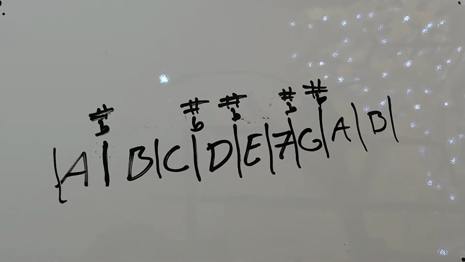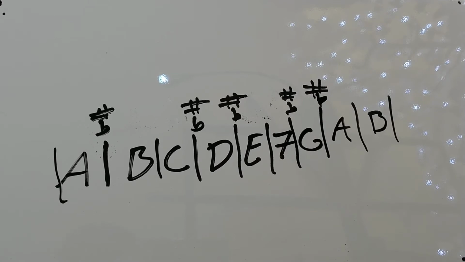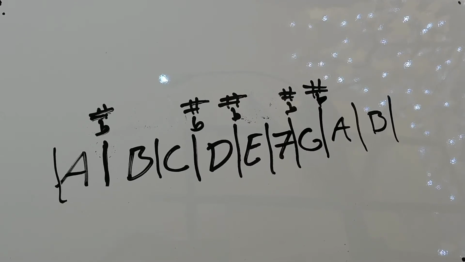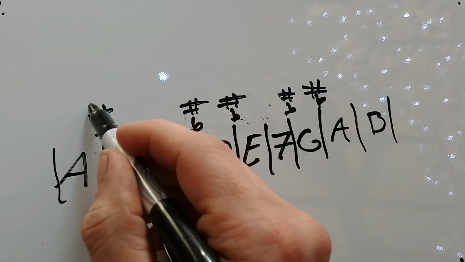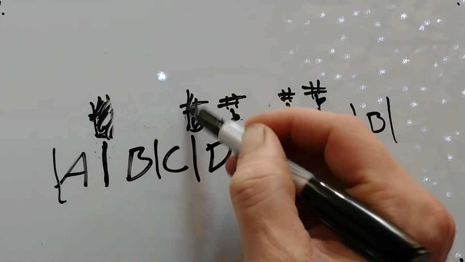So the first thing I want to show anybody, I think the first thing you'd want to learn, would be the A minor scale. The A minor scale is one of the easiest scales to learn when you're first starting out, so that's the one we're going to start with. One thing to know is that the A minor scale does not have any sharps or flats in it. So if we take out the A minor scale,